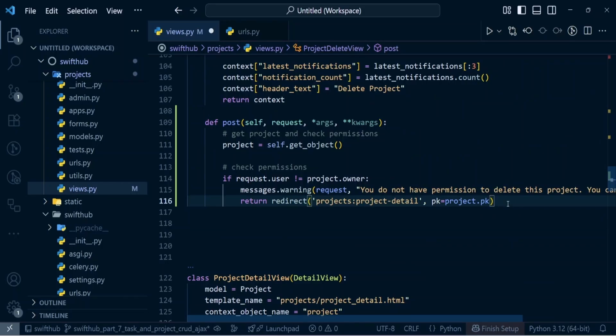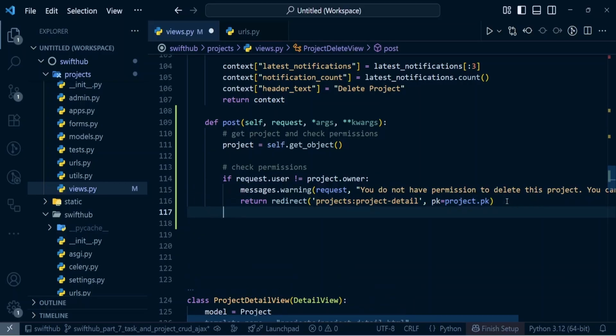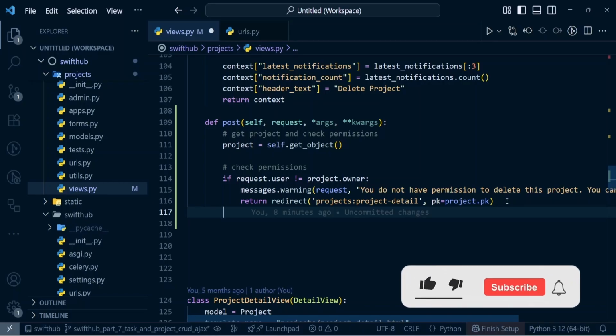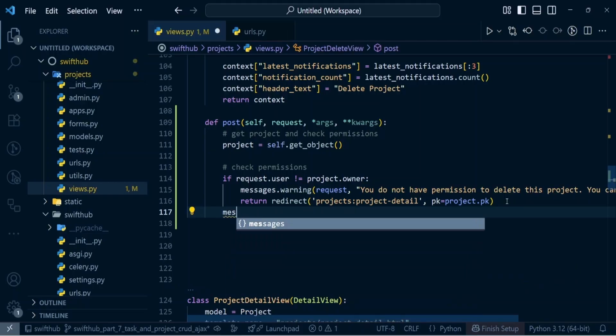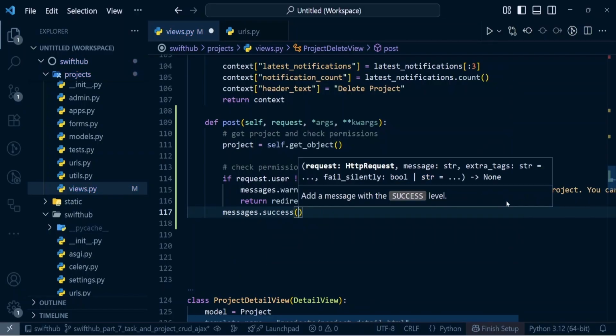Okay, so from there we have actually checked if the user has a permission. So we have checked to see if the user is having the permission. If they are not having a permission, we give them this message. But what happens if the user has the permission? So that is something that we have to handle. So at that point, we will go ahead and then delete the project, and send a message. So we say messages dot, and what we're gonna do is success, and we need to pass in the